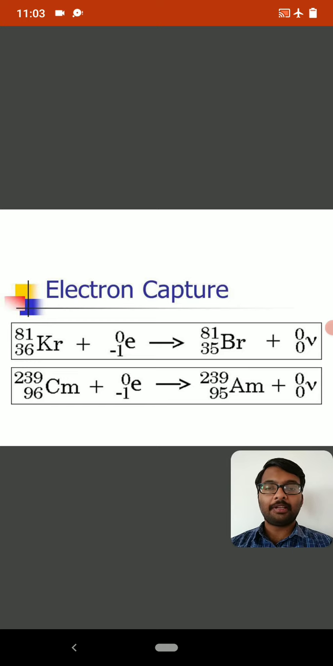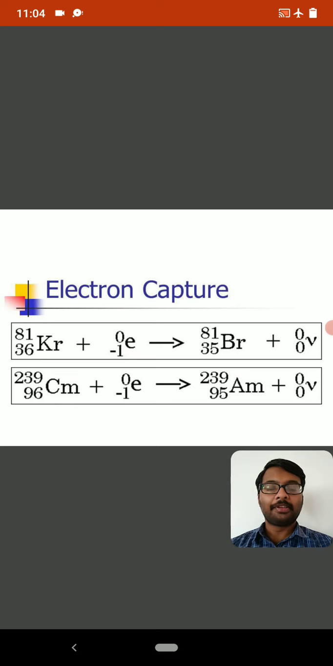Then similarly for electron capture, that is the third type of beta decay, we take krypton 81, which is having 36 as the atomic number, means 36 protons. So it captures one of the electrons and it is converted into bromine 81. So here 36 protons is reduced to 35 protons. By capturing one electron, that proton has been converted into neutron, again with the emission